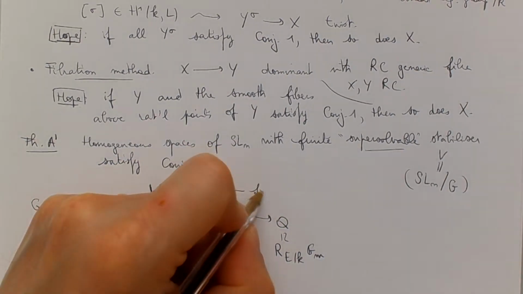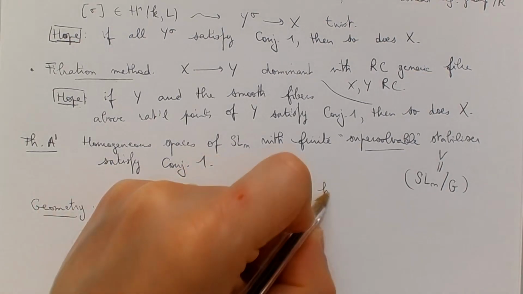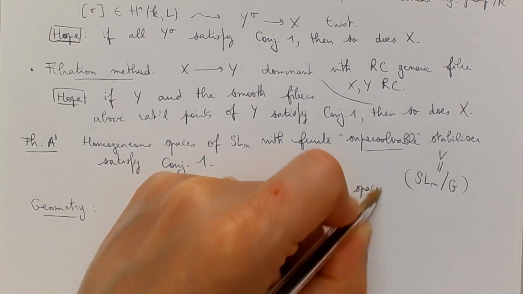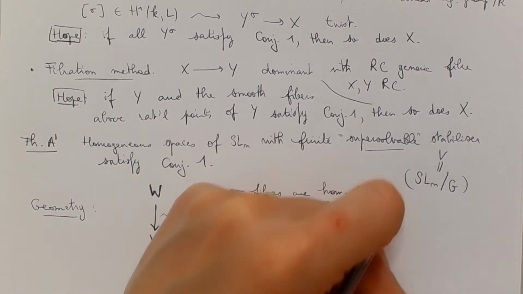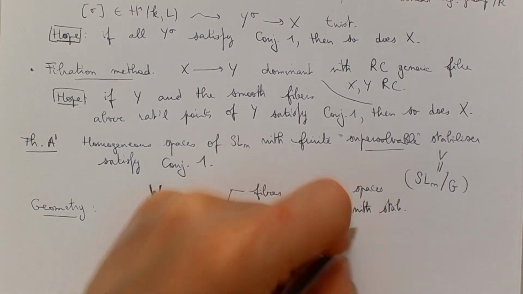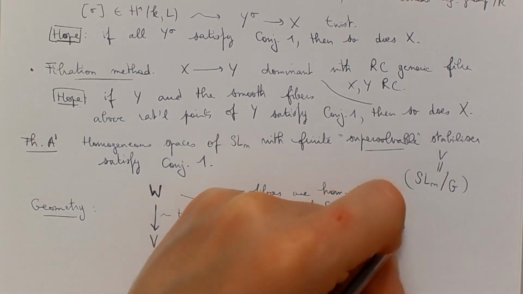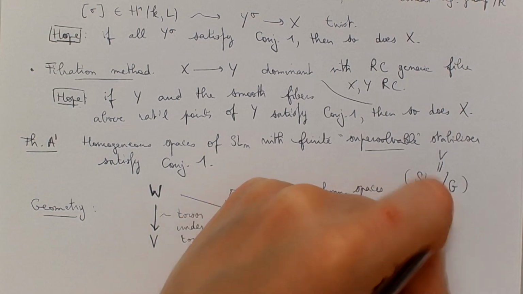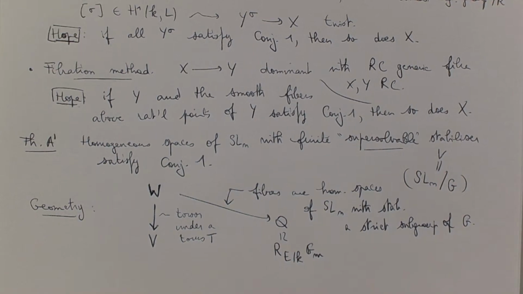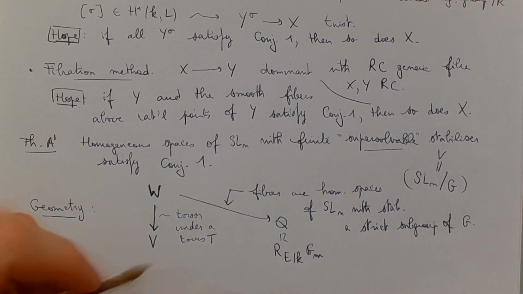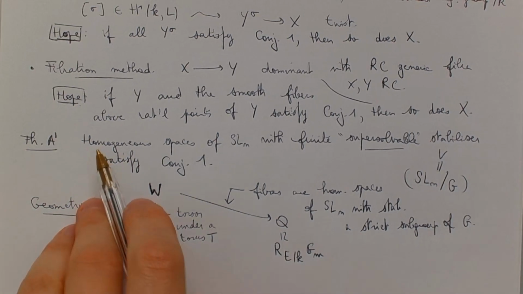the fibers are homogeneous spaces of SL_n with stabilizer a strict subgroup of G. So a smaller stabilizer, which is going to be a subgroup of G. And now we see what appears. It's a proof by induction. We're going to induct on the size of the stabilizer, and if we know the results in this generality for